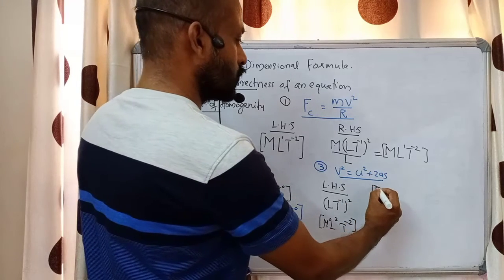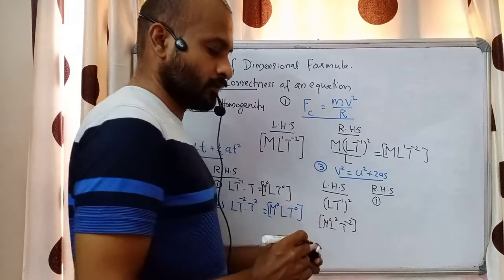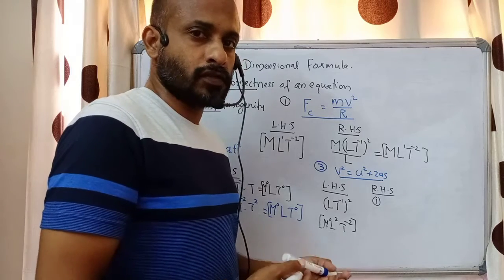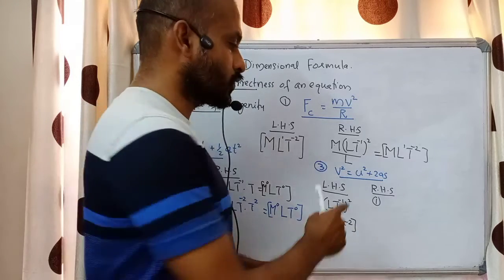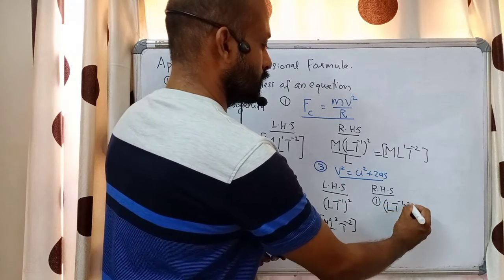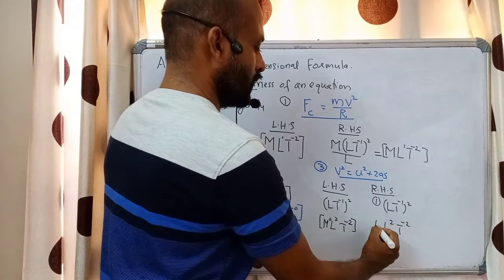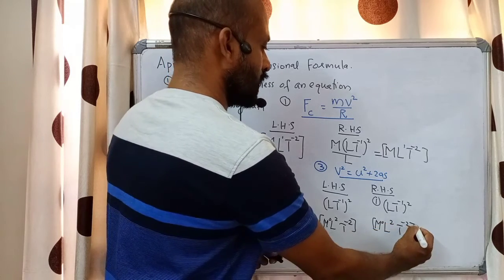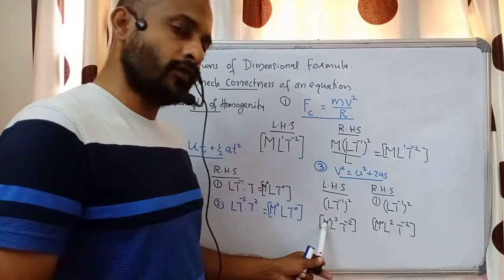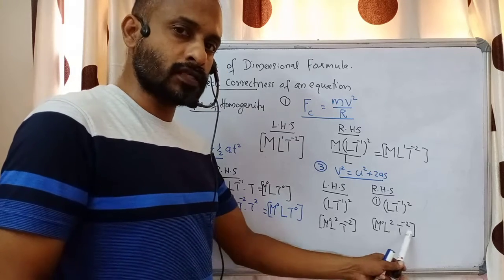Now RHS, there are two terms. We'll see them one by one. The first term is u square. u square means the square of the initial velocity. Initial velocity or final velocity, both have the dimension of velocity. So for u square, it is the square of L t raised to minus 1. When you square, what will you get? L square t raised to minus 2. We can add m raised to 0 along with this. This is the dimension formula of the first term on the right side of the equation. On the left side we have m raised to 0, L square t raised to minus 2. Right side the same. The first term has the same dimension formula.